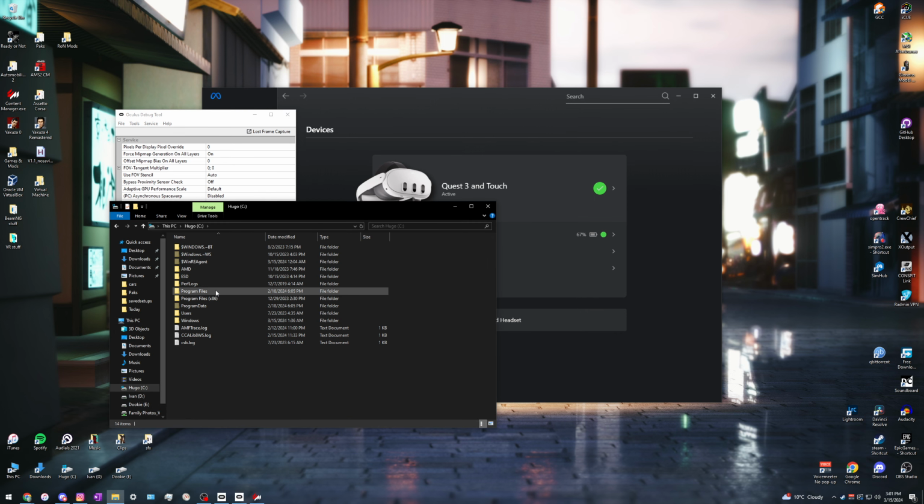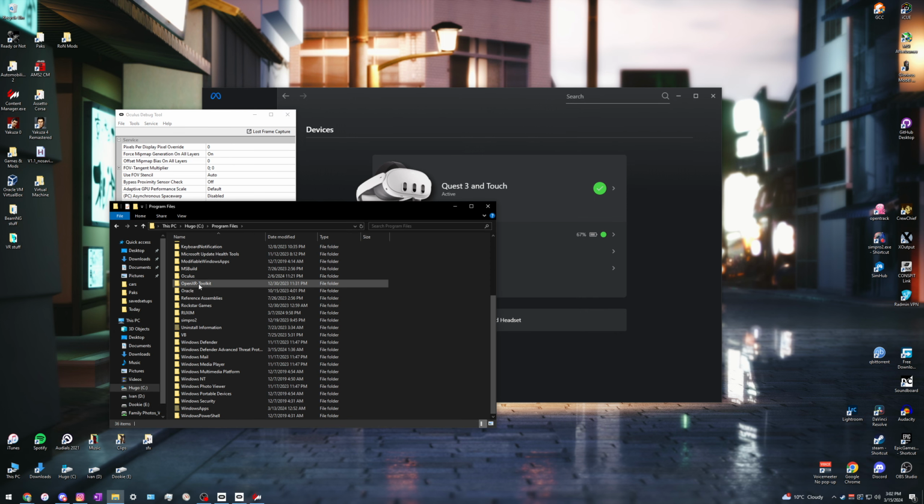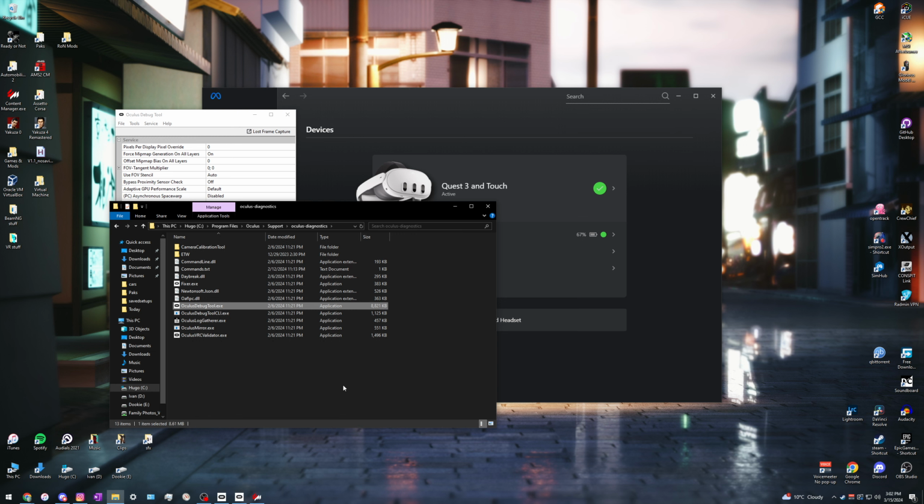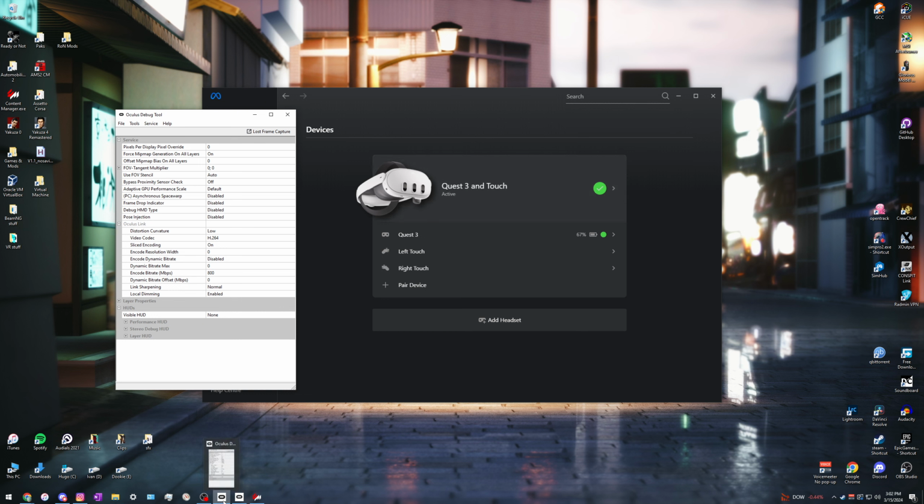You want to go to your C drive, your Program Files, and you scroll down to find Oculus Support and Diagnostics, and then you'll see the debug tool right here, this one. Double click on that. I would recommend having a shortcut to it, or in my case, I just flat out pinned it to my taskbar, because every time you boot up or you connect your headset to the link, it's